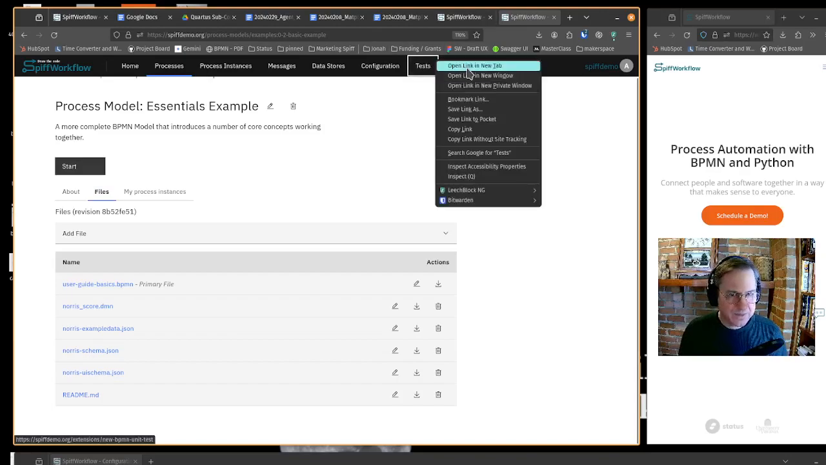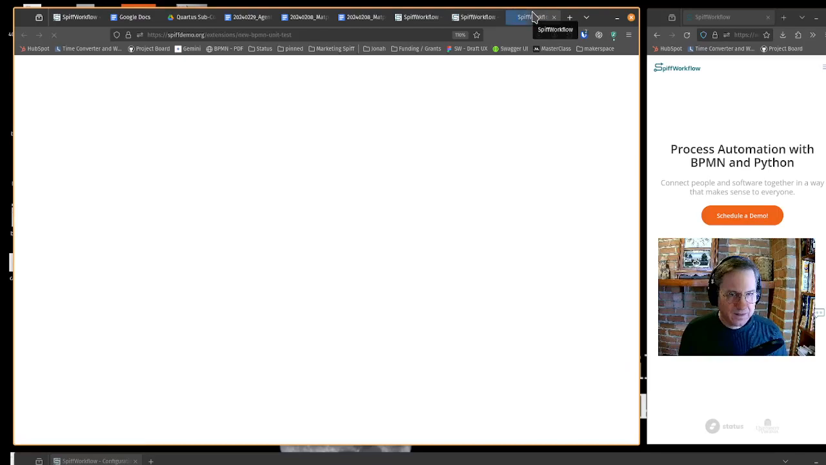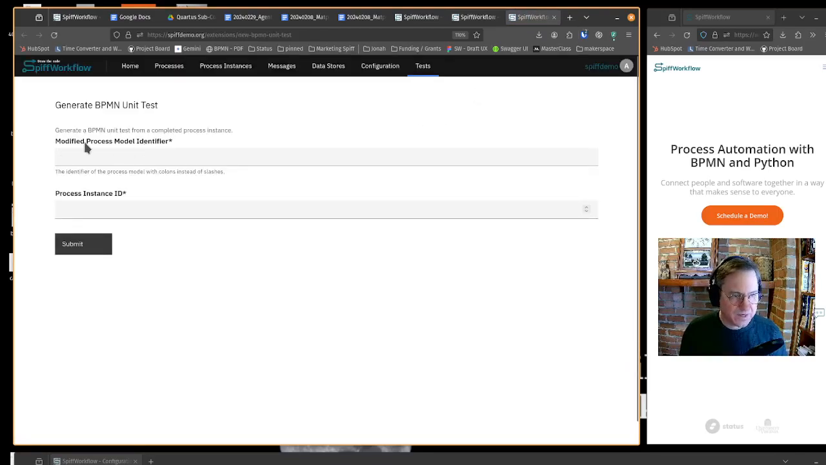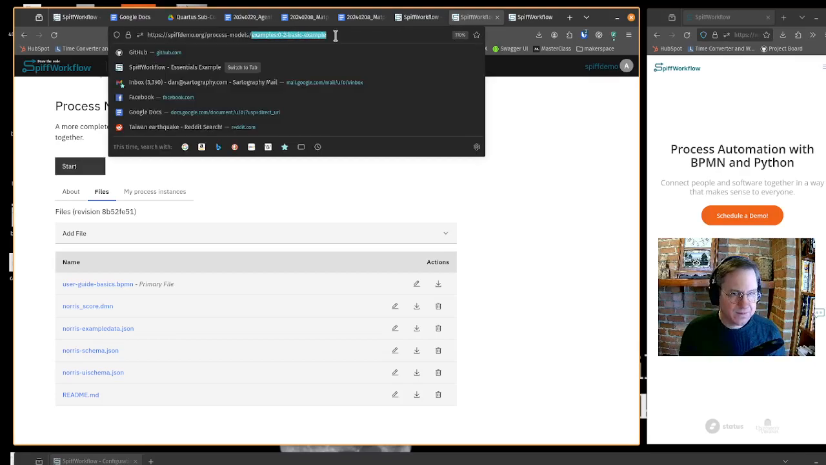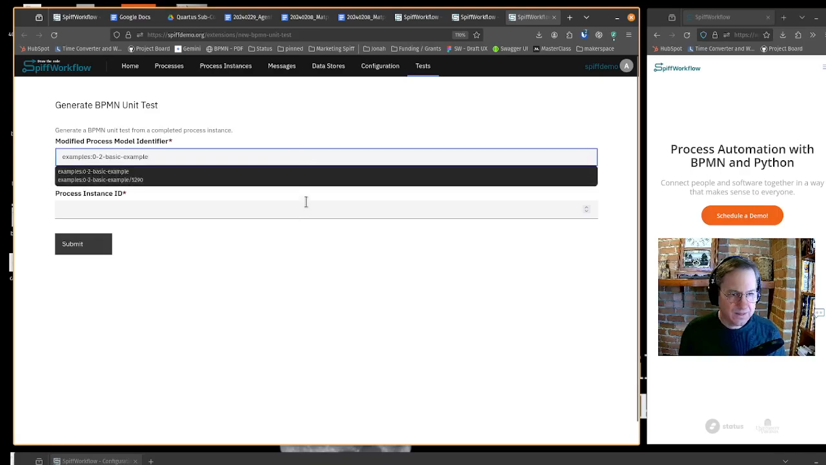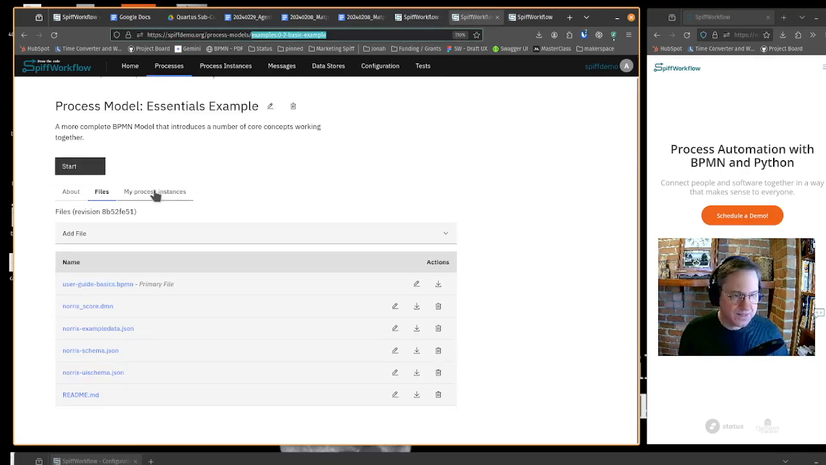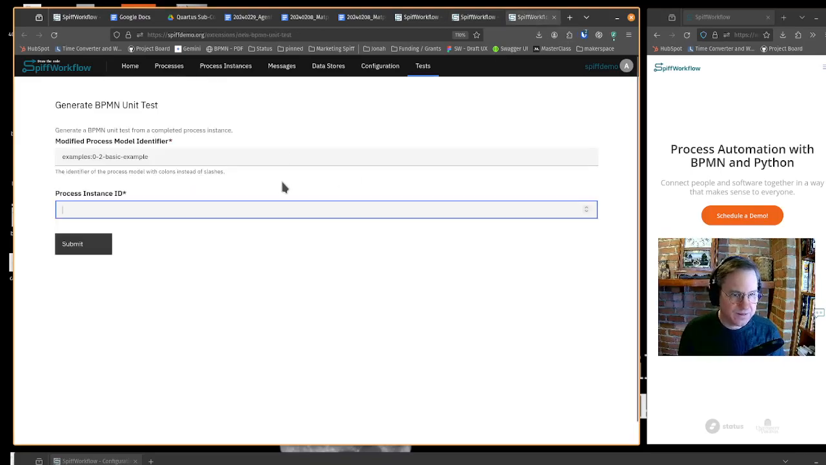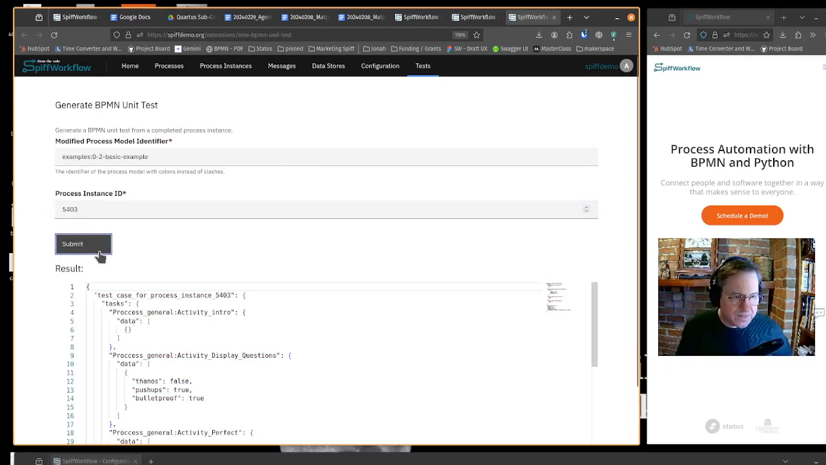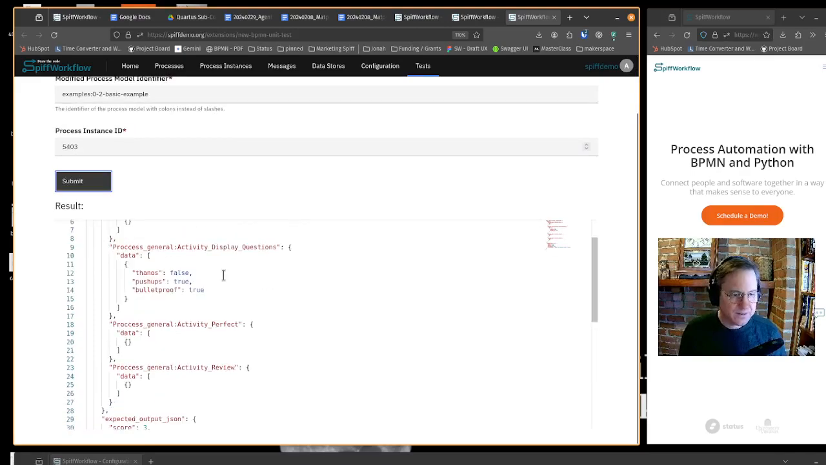Let me open that up in a new tab here, and it's going to ask us for a modified process model identifier and a process instance ID. So we just need to go back and pull those out of this instance. I'm going to grab that process model identifier, example 02, from there. And a process instance ID, that we just executed, so we can click on my process instances and see that we just finished this one, 5403. So I'll go back over here and enter 5403